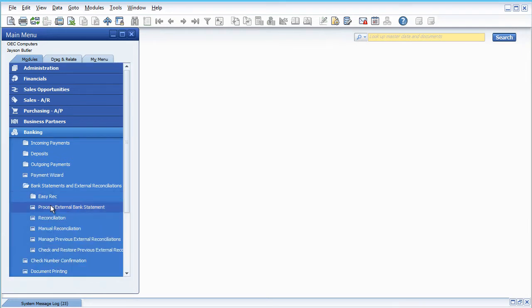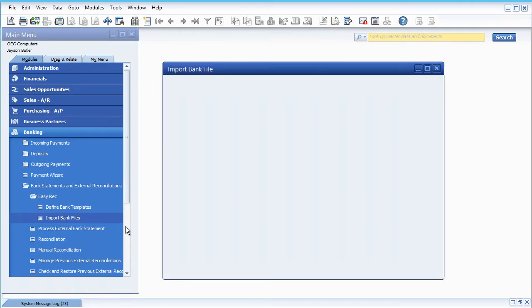We also have a folder which is not typically visible in the US installation, although it is available, called Process External Bank Statements. This can be added via form settings, and there'll be a quick video on the setup that walks through that process. So I've already defined a bank statement, and we're just going to do a quick import